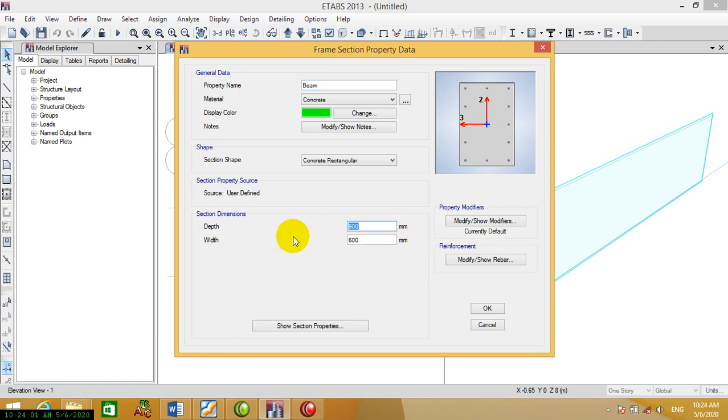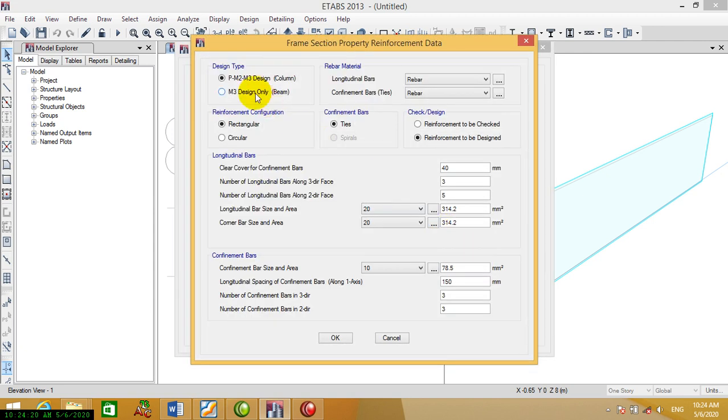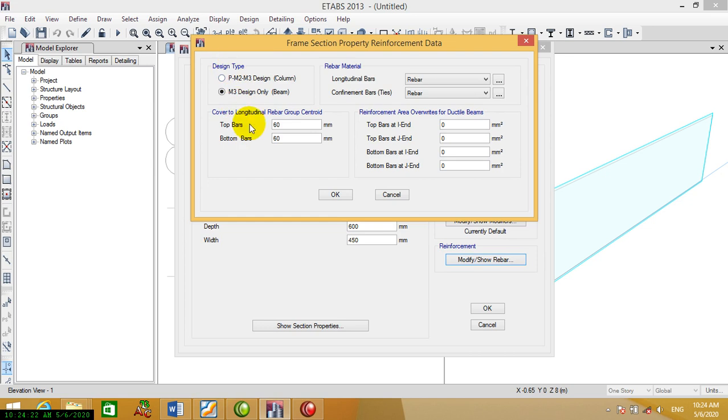Then we define the depth of the beam 600 millimeter, and the width of the beam we define 450 millimeter, and also the type of section we define beam. The cover we define 14 millimeter top and bottom. Okay,